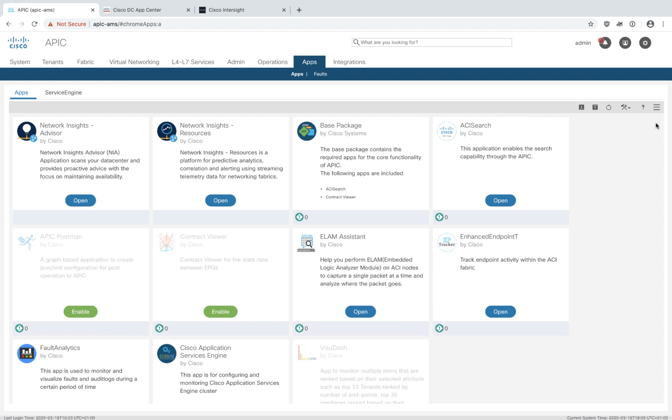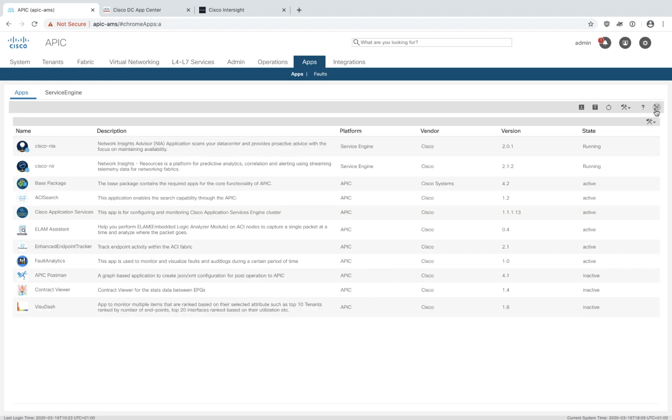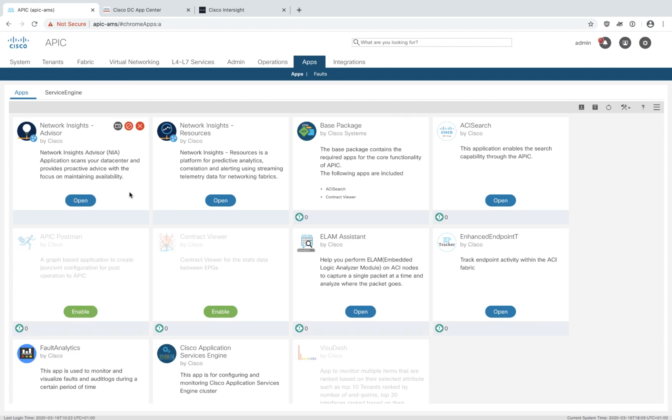If that is not to your fancy, you can click here and show table view, and it will give you a more text-based approach about where these things are, what version they are running, are they active, etc. And you can in fact see that NIA and NIR are running on the Services Engine, and that is exactly what I want. So I'm going to start with Network Insights Advisor and do the Day 0 configuration by